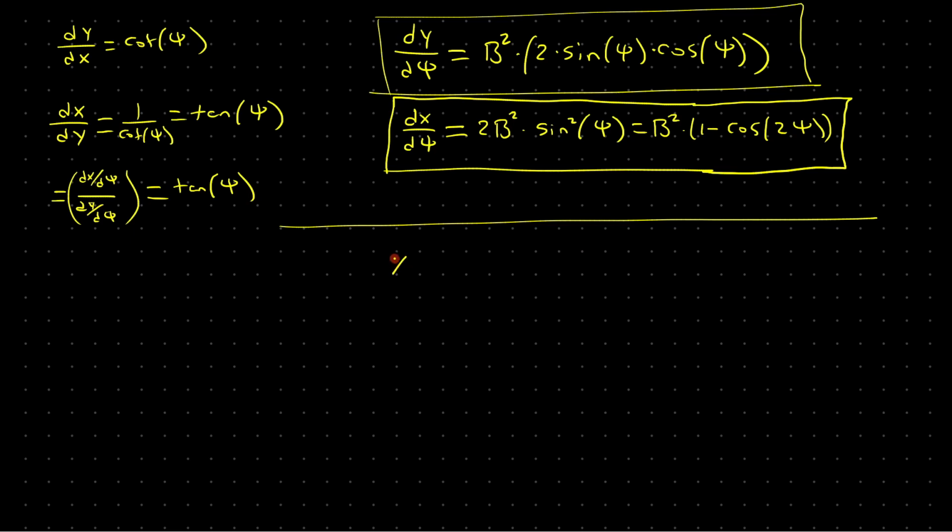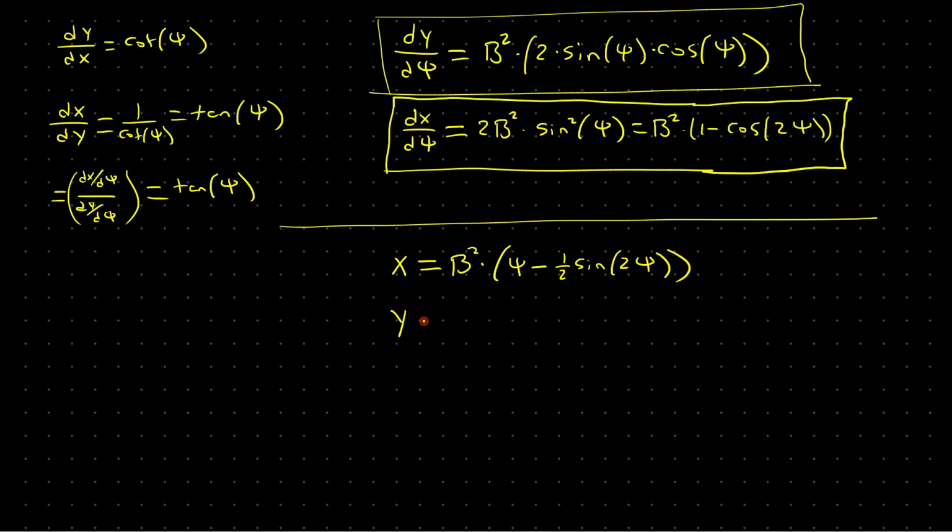So x, once we do this integral, is going to be equal to b squared times psi minus 1/2 sine of 2 psi,